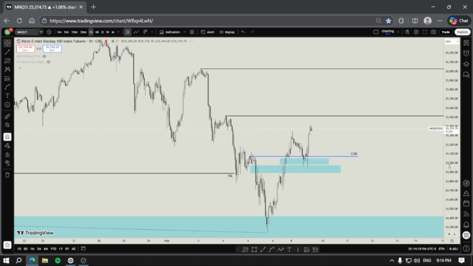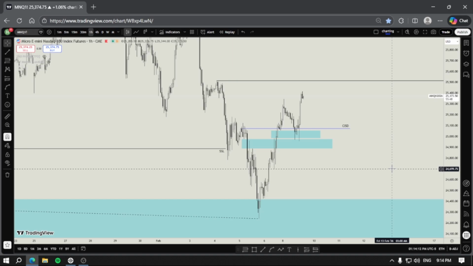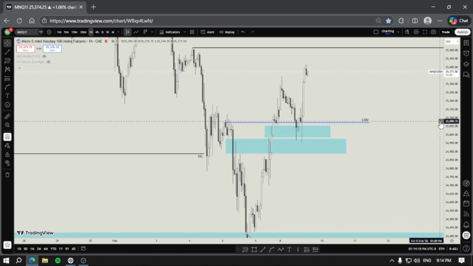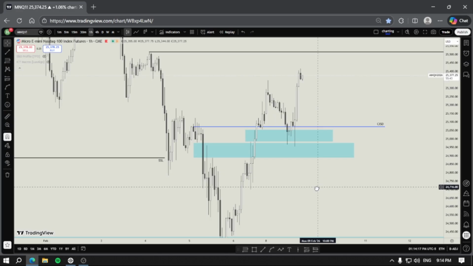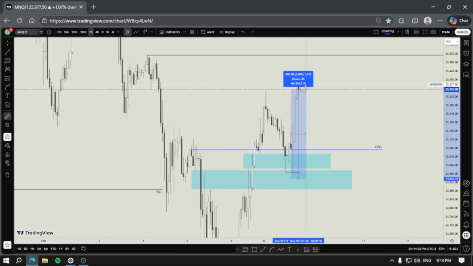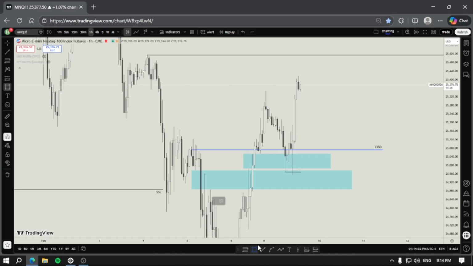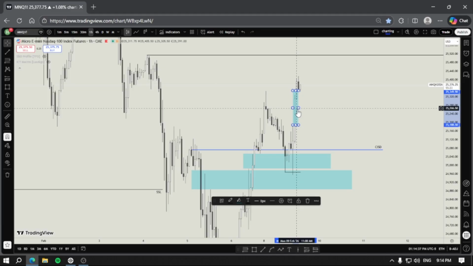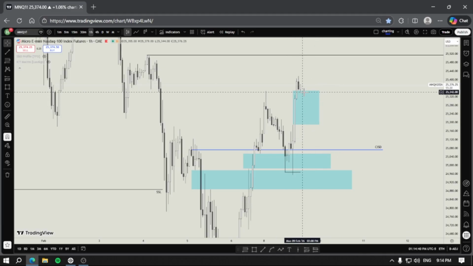So let's go down to 1 hour chart. When we go down to 1 hour chart, let's zoom a little bit. When we zoom a little bit, the thing you guys will see is we recently took this low, and then market pumped higher. And right now, actually, we have nothing. We just have 2 gaps between those candles, and market is testing recently. But we have no idea what is going to happen next.